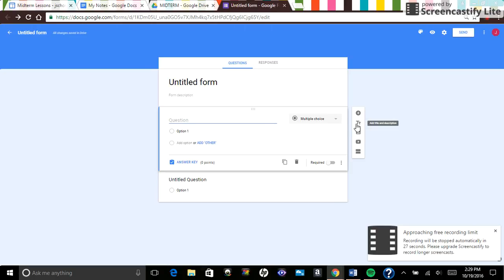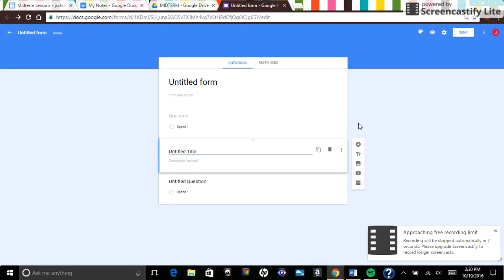Then this next button is to add a title and description. So maybe I'm going to add a title about this section is going to be on vocabulary, and then my next section could be on something, the multiple choice or something. I could separate those and tell them, so I could have title and